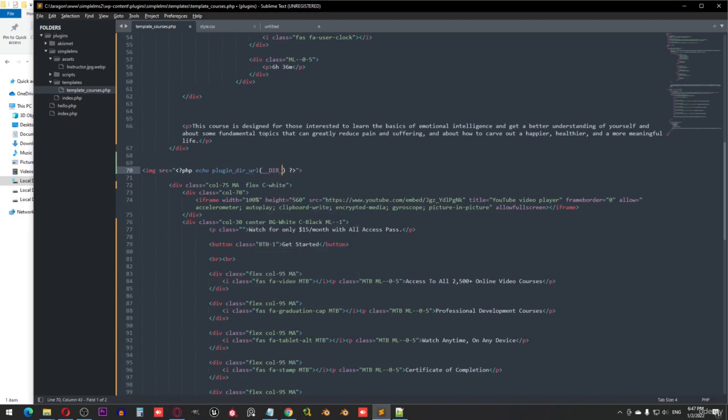So point, and let's open the parentheses, and inside it we echo the plugin dir URL of DIR. It's gonna take us to the plugin folder. So actually what we need to do is just add assets slash this name. So assets slash instructor